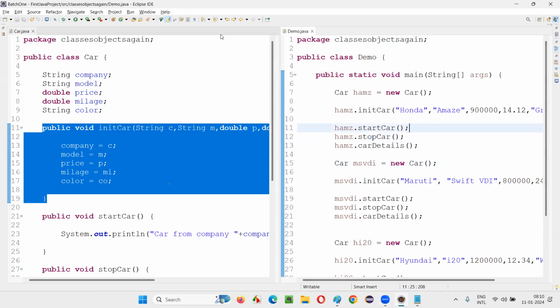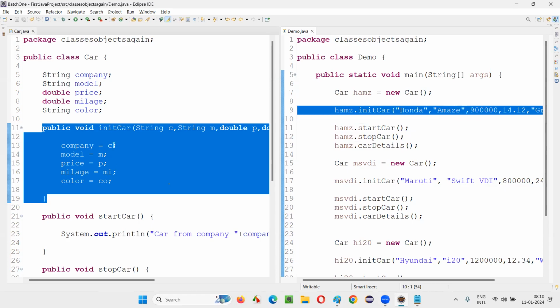Now I became more greedy where I don't even want this single line to initialize the variables. What's the solution here? How can I even reduce a single line and still be able to initialize these variables? With the help of what? PN is saying constructor. What about others? Do you also think the same thing? Yesterday only I covered this, right? But you are not able to understand the constructor, so I have repeated it.